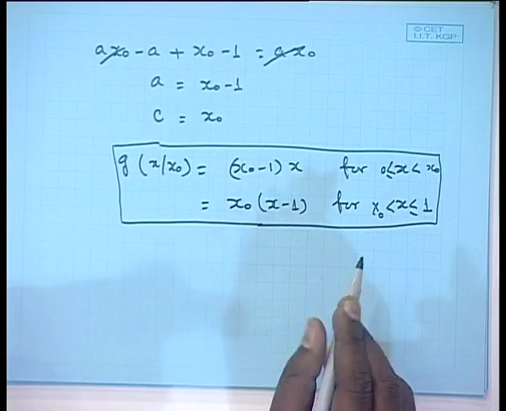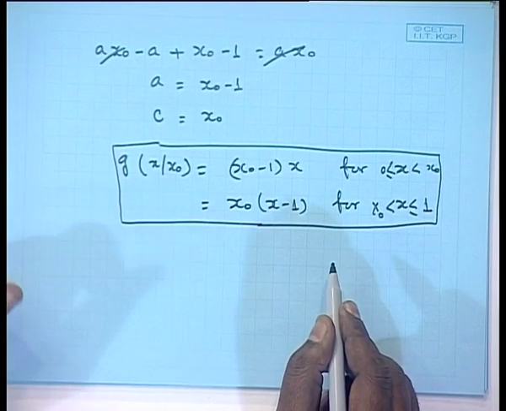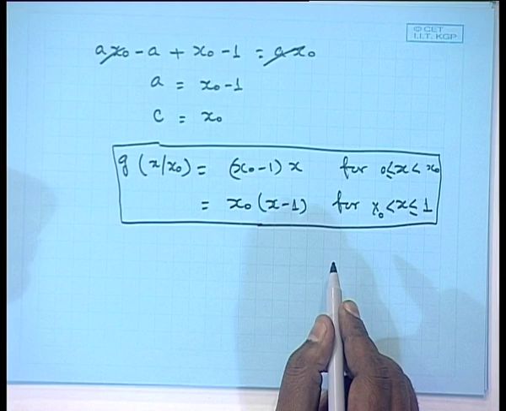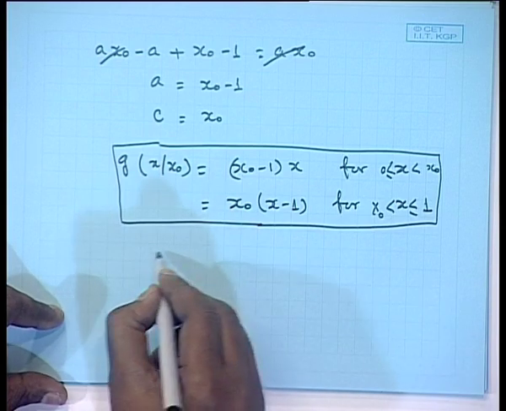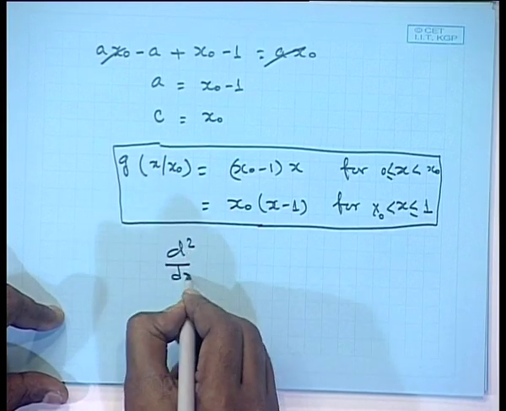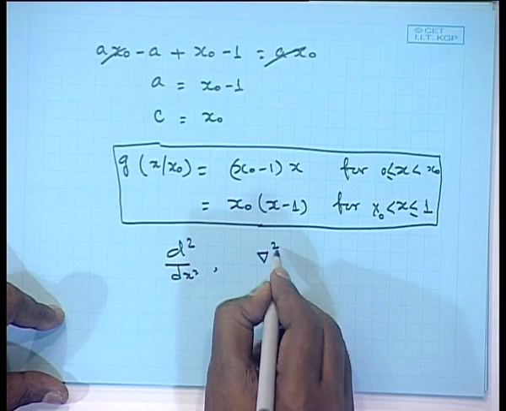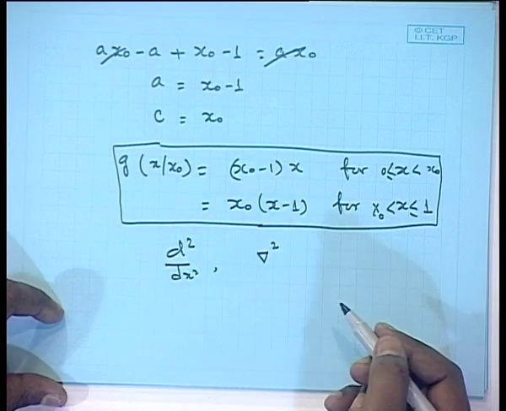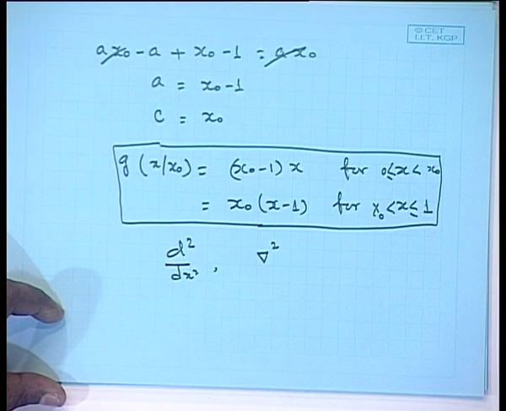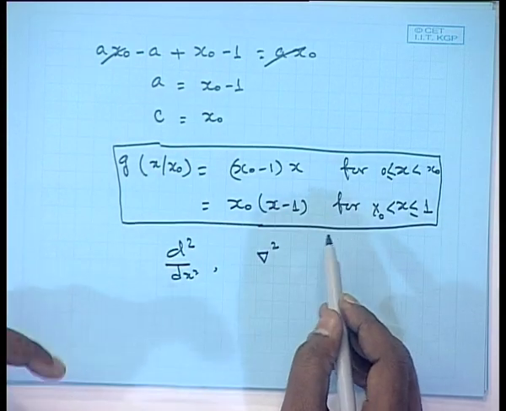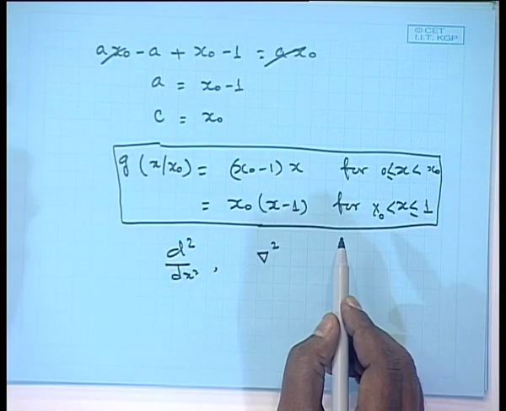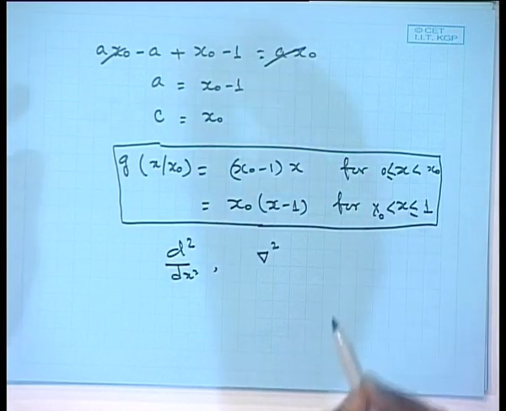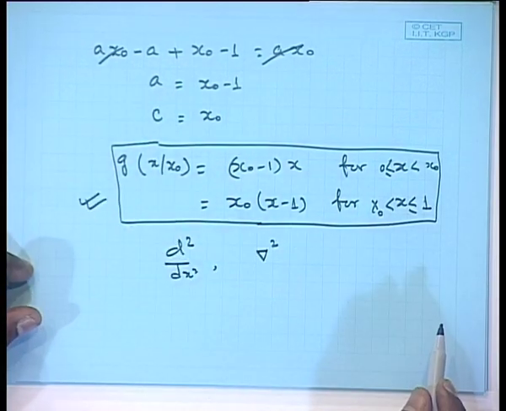Okay. Now, once you get Green's function, you have to find out the adjoint Green's function. The adjoint Green's function is very simple. For this particular case, where the operator is like this, d square/dx square, or the Laplacian operator del square/del x square plus del square/del y square plus del square/del z square, in the last class we have discussed they are self adjoint. So, for this problem we need not find the adjoint Green's function. You can directly relate G with u. So, the crucial step is to find out the Green's function.